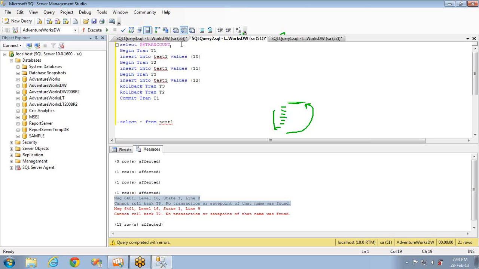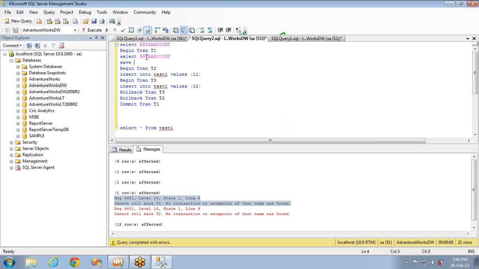Okay. Now I have a select @@TRANCOUNT at the start, and I'm beginning a transaction T1, and I'm selecting the transaction count here. Now here I'm giving a save point.